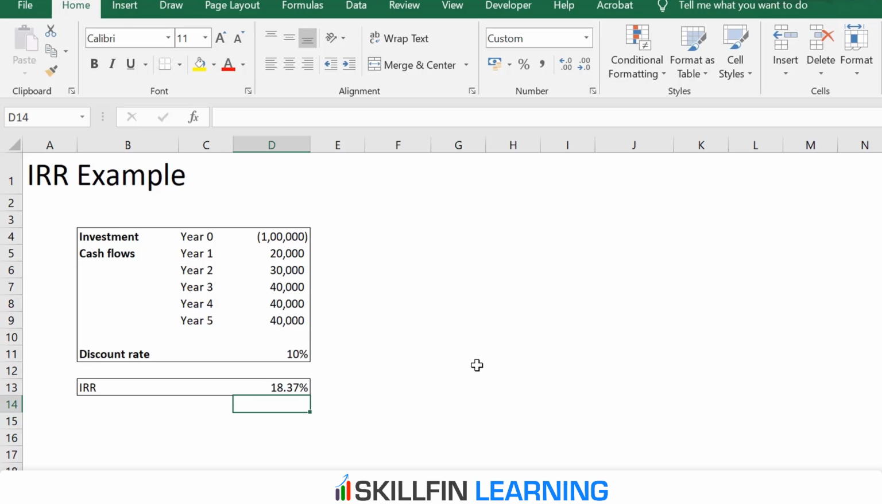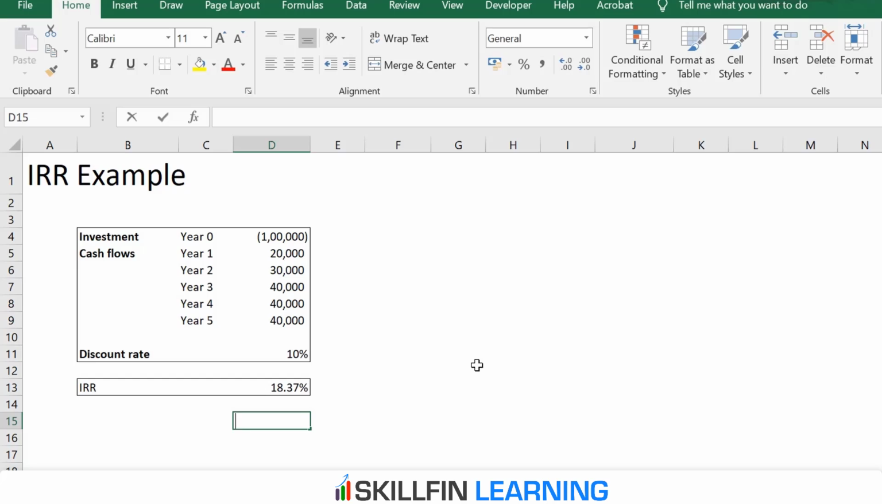So this project should be accepted because the internal rate of return, or the IRR, is greater than the cost of capital, which is 10%. We discussed that IRR is the rate at which NPV of a project is 0. So if we want to test this, we can calculate the NPV using 18.37% as the discount